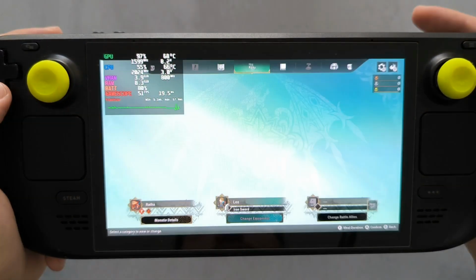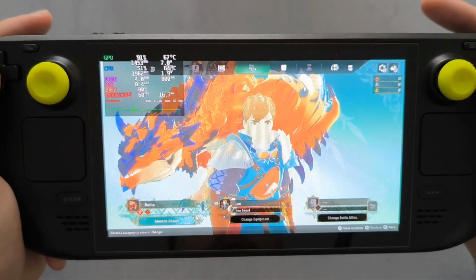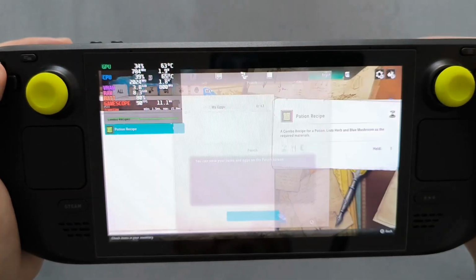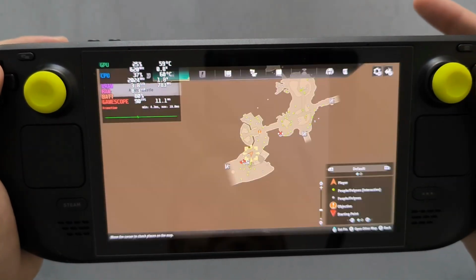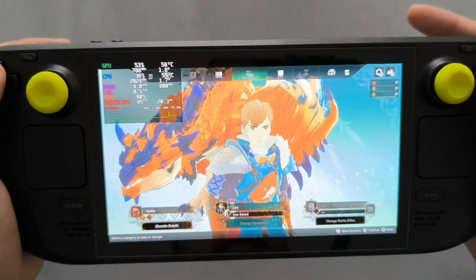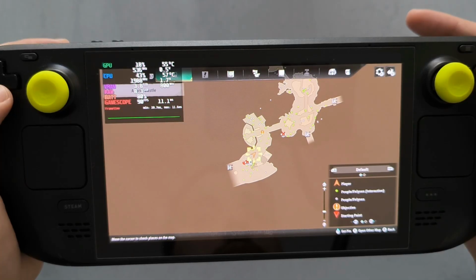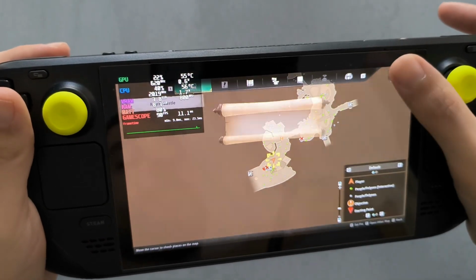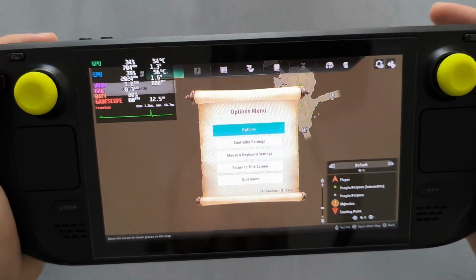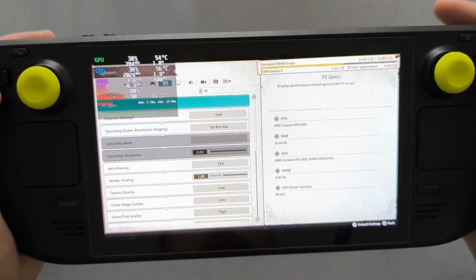And let's see if we can change that now a little bit. Let's see. To get into the settings here. Alright, so